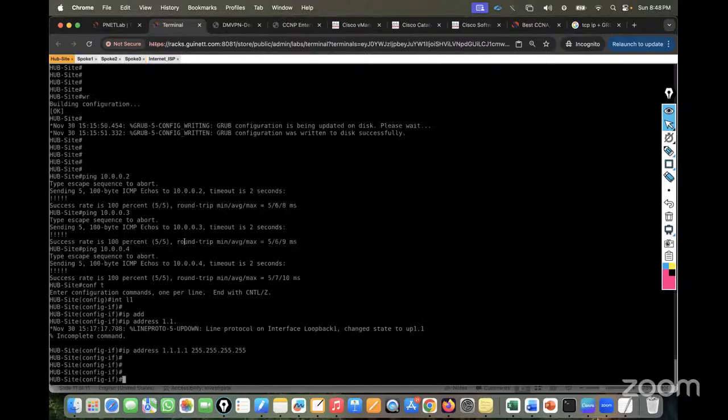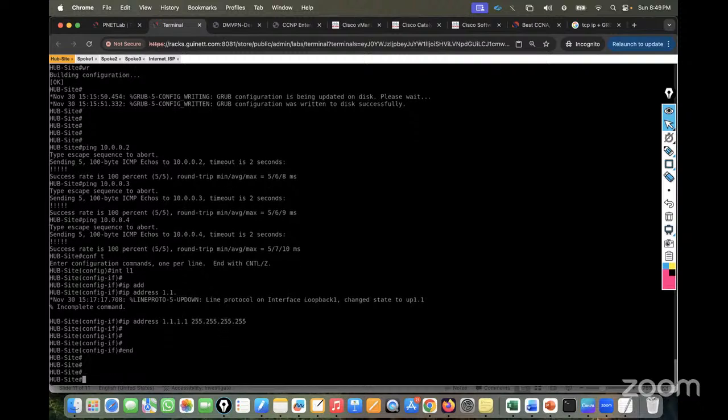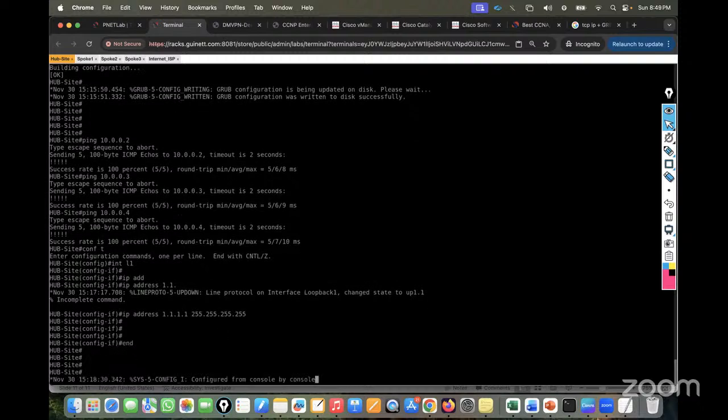Now I want to make the loopbacks reachable. It is not possible. Tunnels are reachable, but the loopbacks are not reachable. So to make them reachable, over an mGRE tunnel or GRE tunnel, we have to build some kind of routing protocol. And for that, I'm going to use the EIGRP routing protocol. And this EIGRP routing protocol is going to advertise my loopback addresses from one location